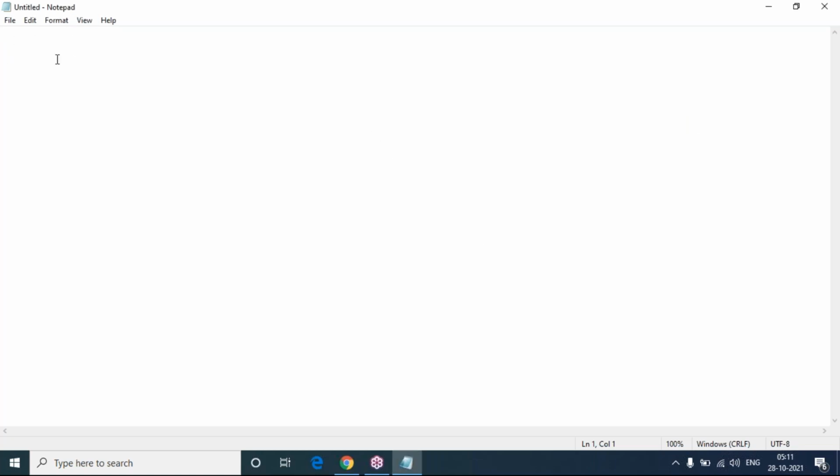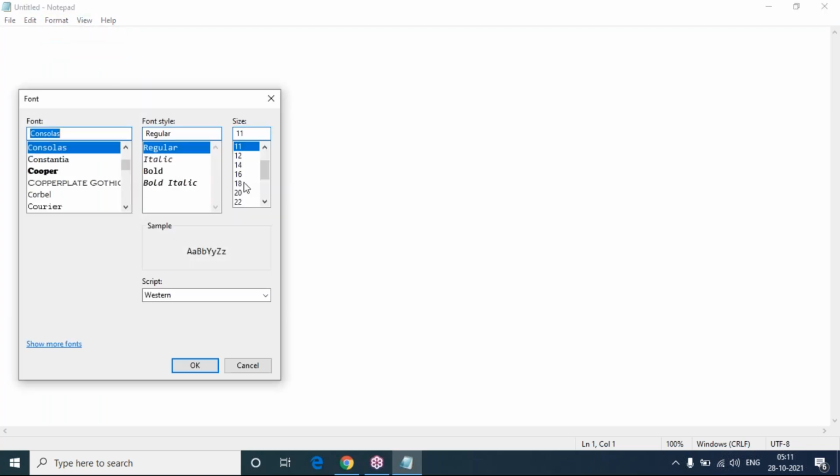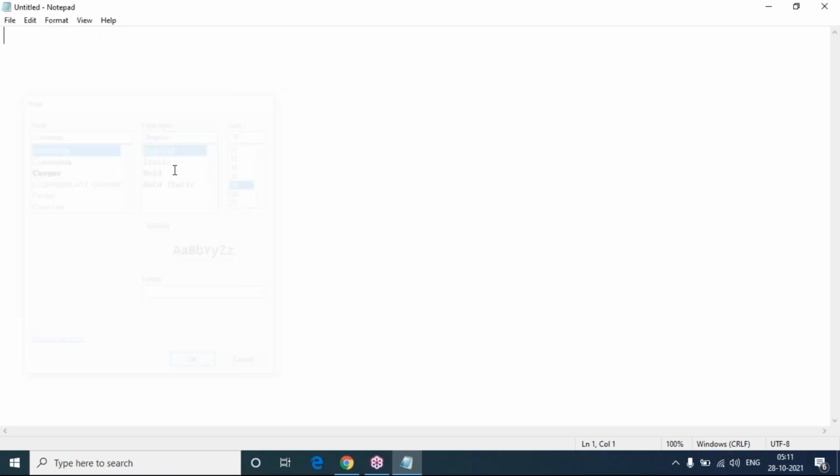But before creating a project, what I'm trying to show you here is that the serializers concept is very important. Serializers allow complex data such as query sets and model instances to be converted to native Python data types that can be easily rendered into JSON or XML or other content types. So what are serializers here? Let me increase the font size for clearer visibility.